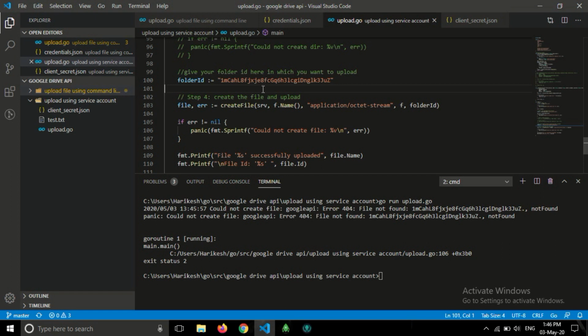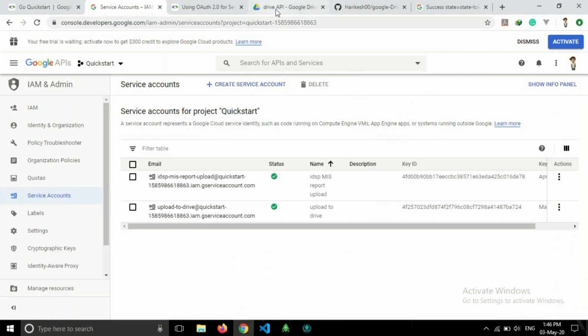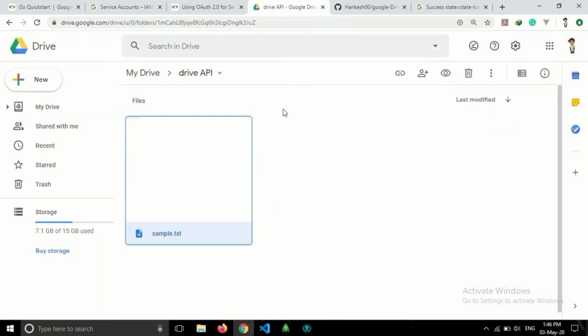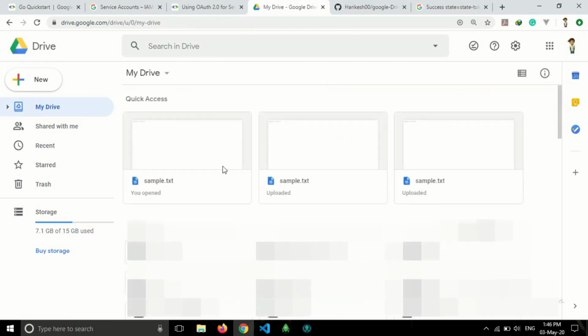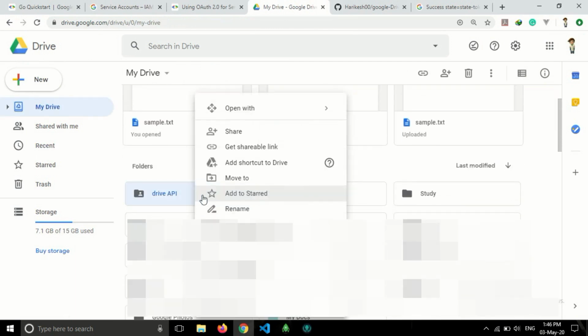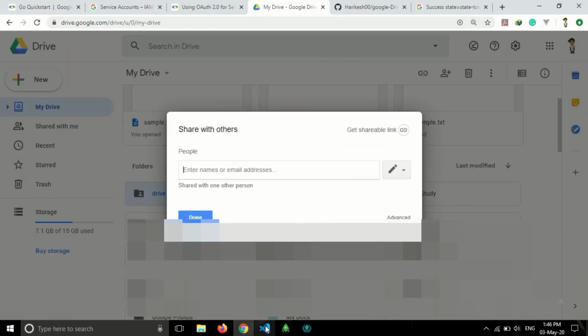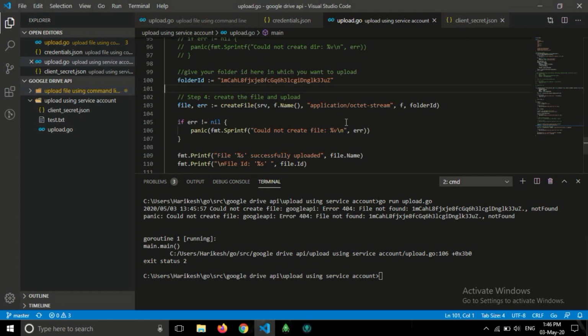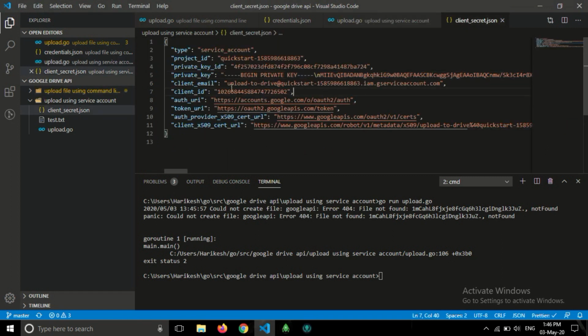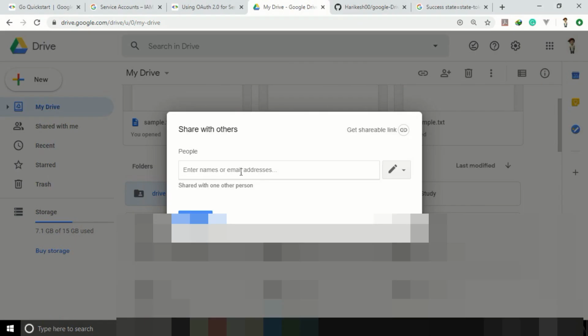So if you want to see those files, you need to share this folder with the email you have got for this account. To share,